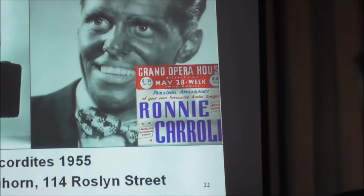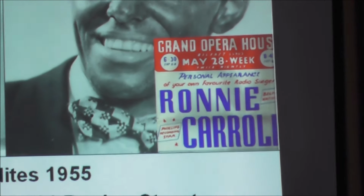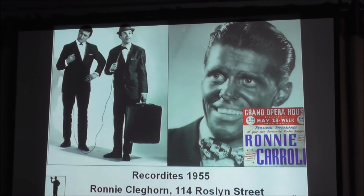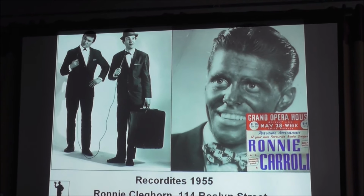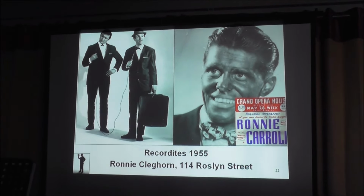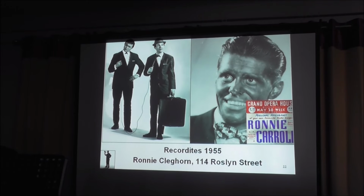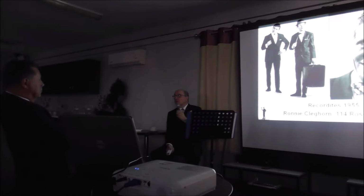A talent scout from a recording company met Ronnie straight after the show and offered him a recording contract. And he said, "What's your name?" And he said, "Ronnie Cleghorn." He lived in Roslyn Street, just in behind St. Anthony's. The talent scout said, "But we couldn't have a recording star called Cleghorn. Can you think of another name?" And they looked round, and there was Sidney Dodsworth, George Carroll. I said, "What about Ronnie Carroll?" He said, "That's it." So Ronnie Carroll was signed up, and then became a recording star, married a lady called Millicent Martin,